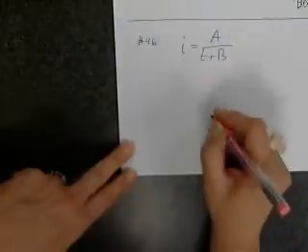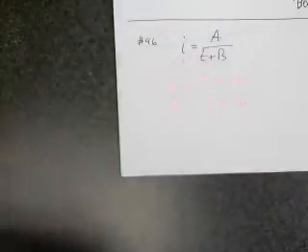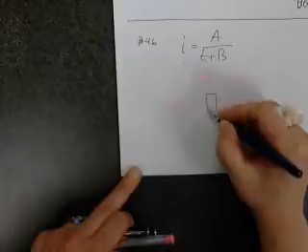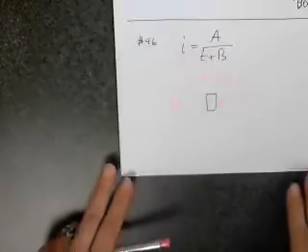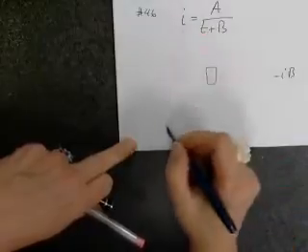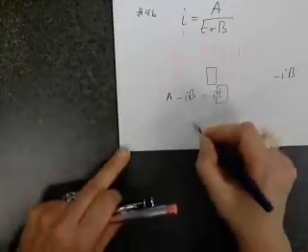Very good. And I will distribute exactly. IT plus IB equals A. Let me remind you, we are solving for lowercase t. What should I do? Minus IB first. So minus IB. So A minus IB equals IT. Although you're not incorrect. I could divide both sides by I. That's fine. Yeah, that's fine. And now remember we are solving for T. So T equals,